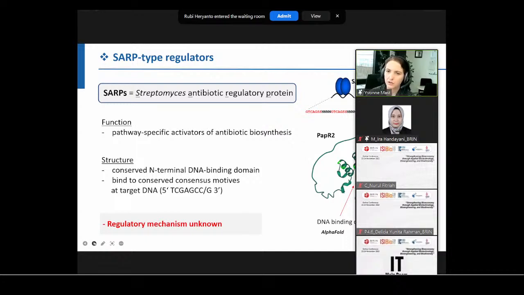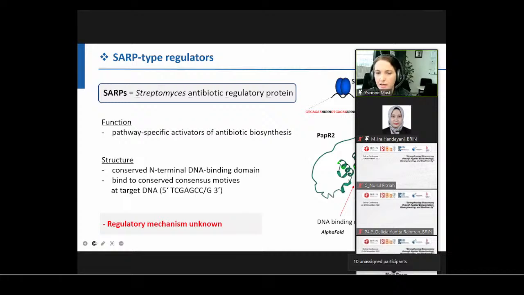With this, they bind to conserved consensus sequences in the promoter regions in front of the target genes. However, so far, the regulatory mechanisms, how those regulators really work, is totally unclear. This is something we are going to study in the near future. We will do crystallizations of the regulator and try to figure out how this activation mechanism really works